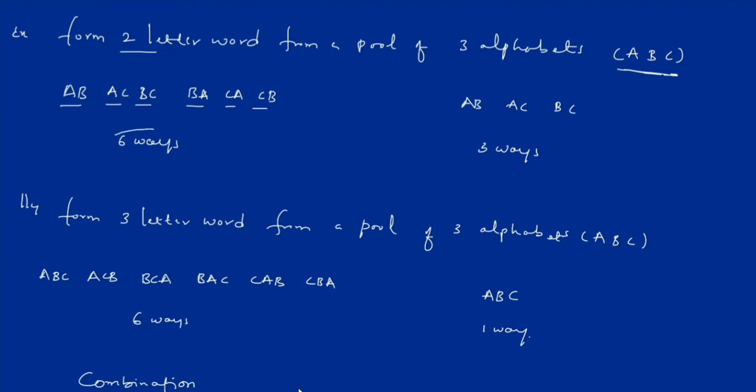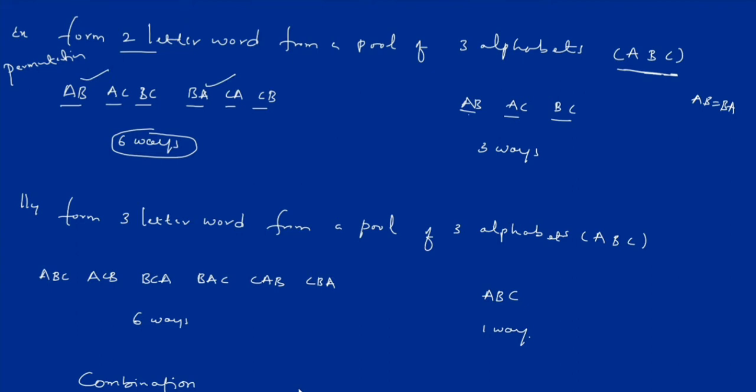There are totally six ways we can form in permutation, right? Similarly, if you go for combination, then there are only three ways we are getting here: AB, AC, and BC. You can ask why we cannot take BA here. Because AB and BA both are equal. In permutation we have taken AB as well as BA, two different arrangements, right?